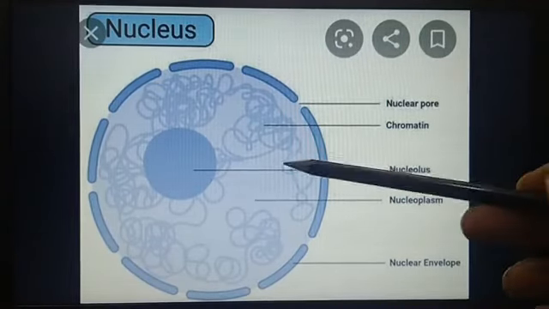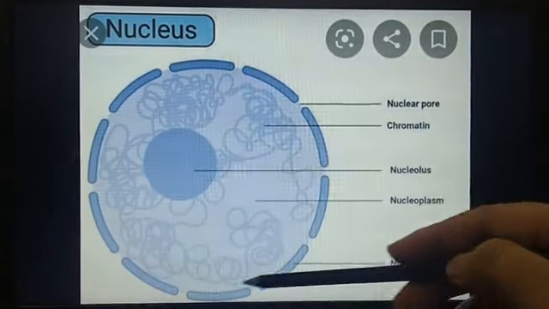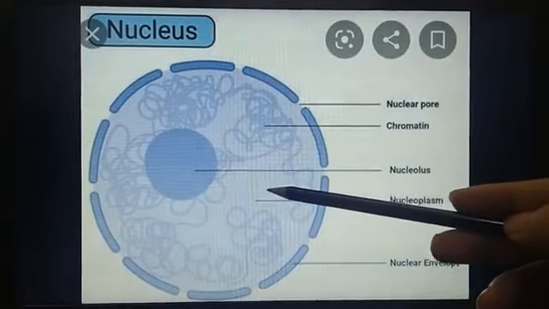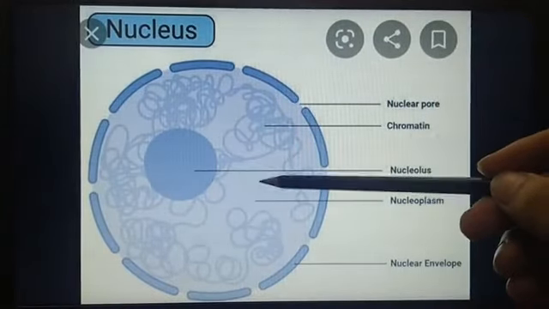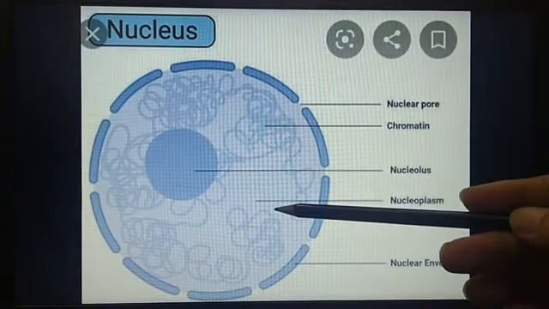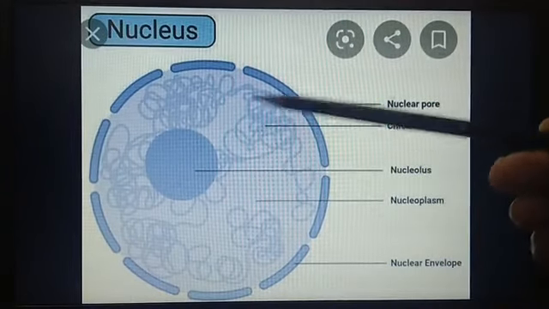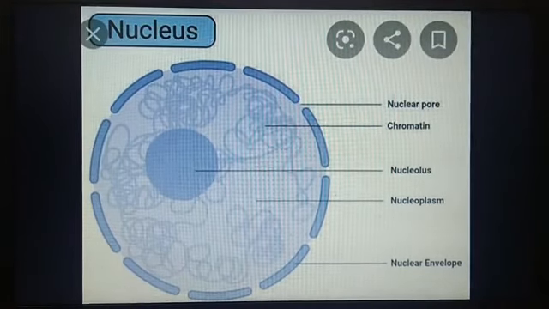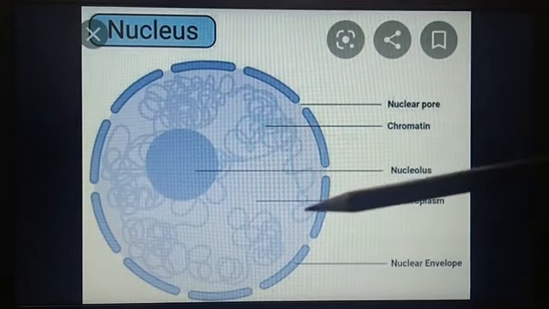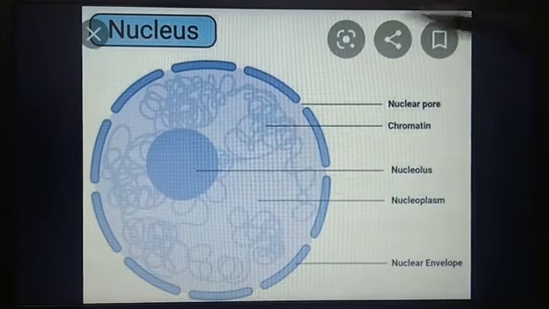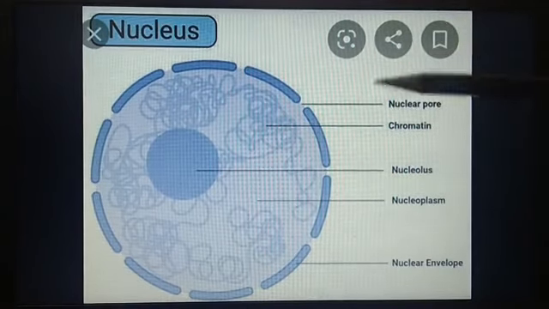Human beings have 23 pairs of chromosomes in each cell. During cell division, when the cell divides, we can clearly see chromosomes. Cell division is important for the growth and development of a person. A small irregularity in cell division causes various diseases like tumor and cancer.